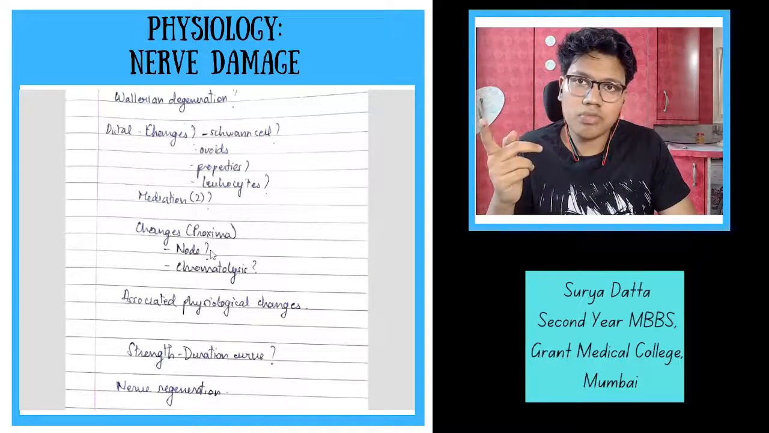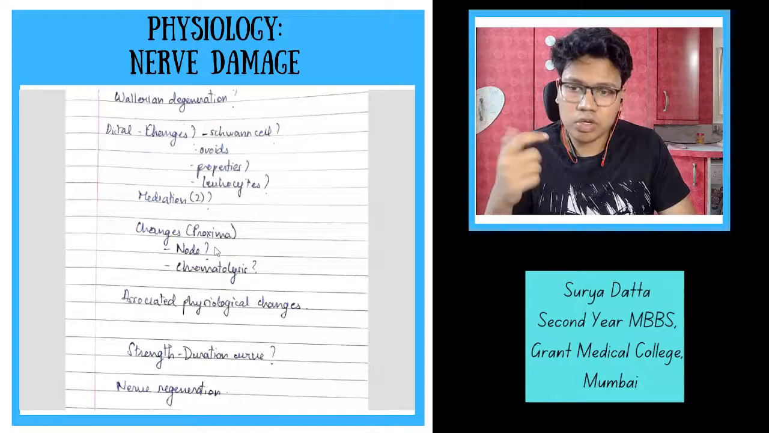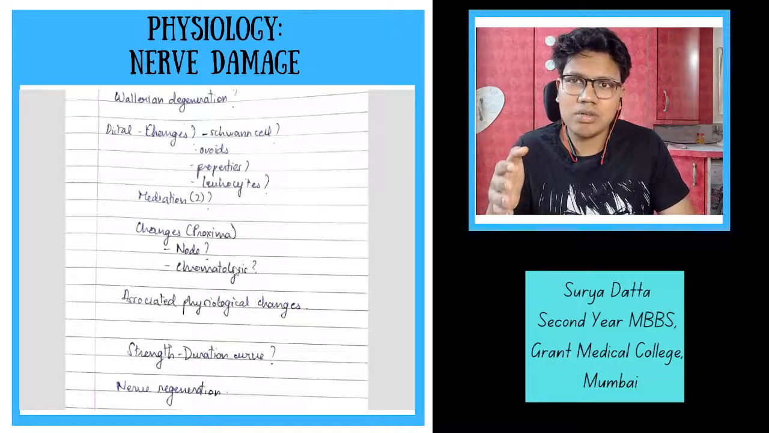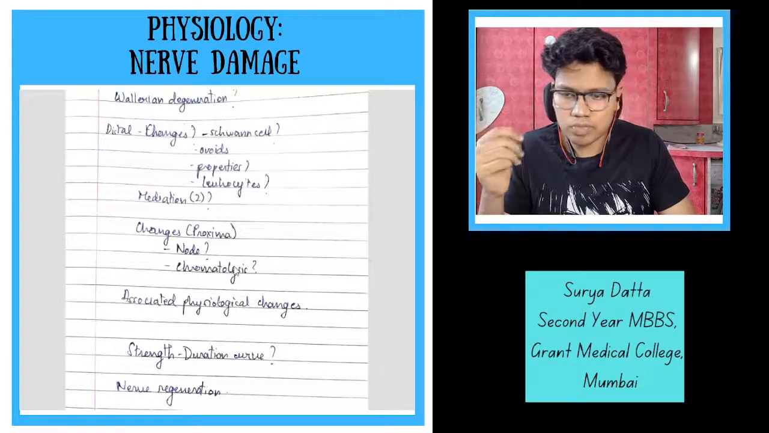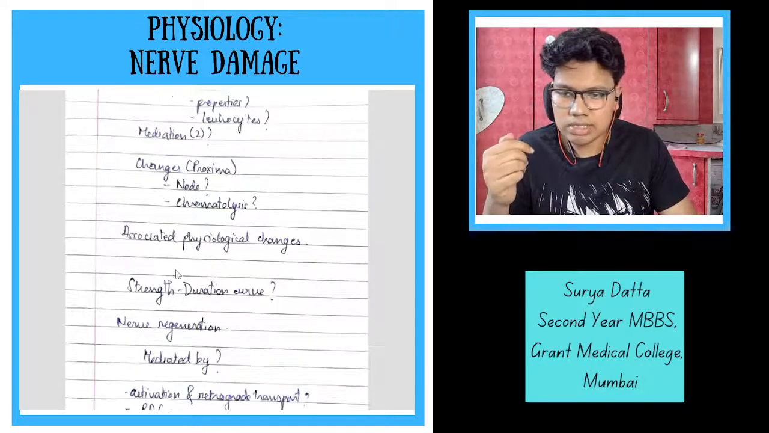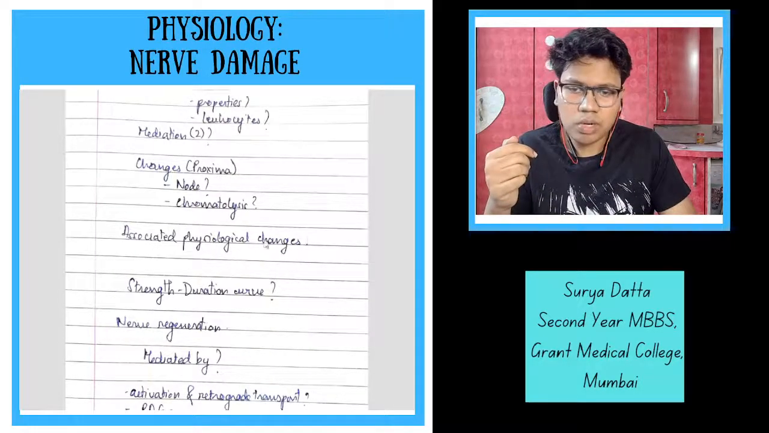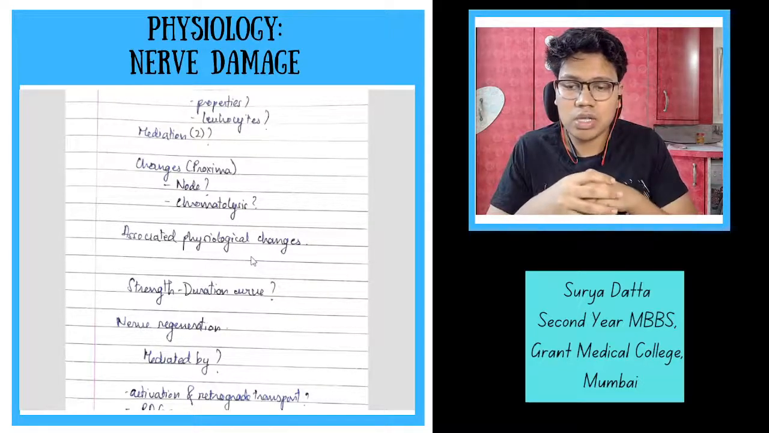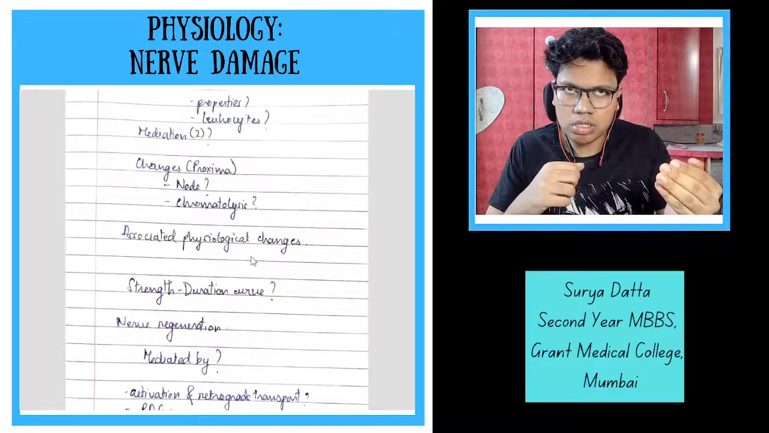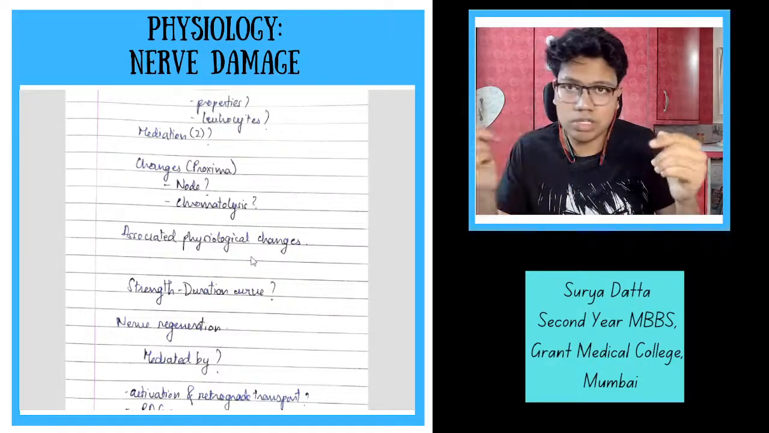So the first node of Ranvier that's proximal to the injury will disappear. And chromatolysis is the breakdown of the cell. The chromatic pigments will get broken down, and the cell body will become colored. That's why it says chromatolysis. Now, what are the associated physiological changes? Basically, the receptors on the post-nerve ending will get upregulated because of denervation hypersensitivity,